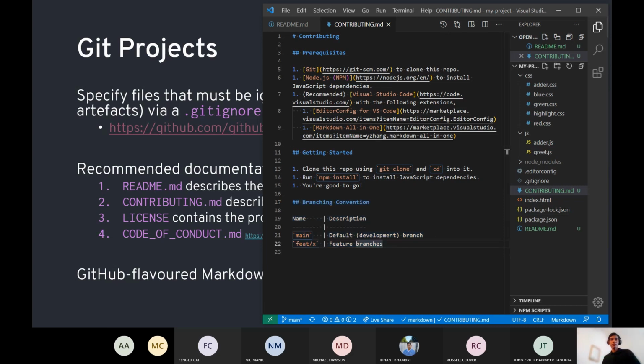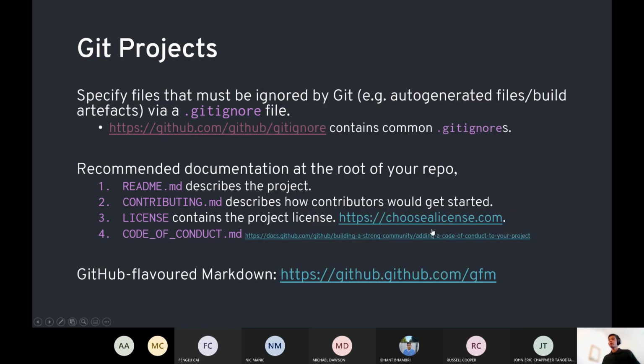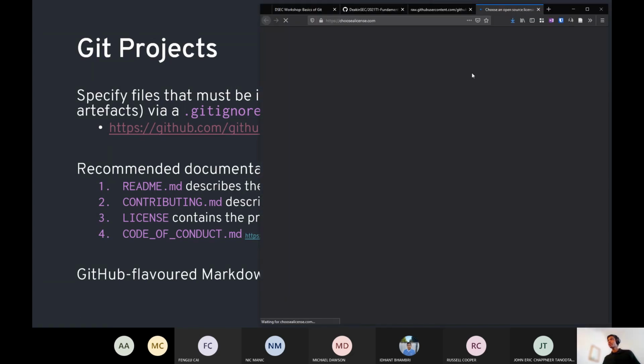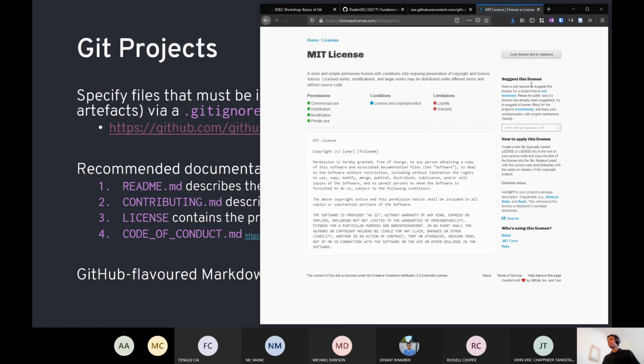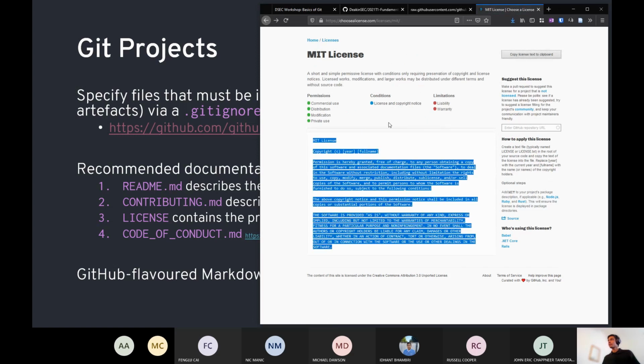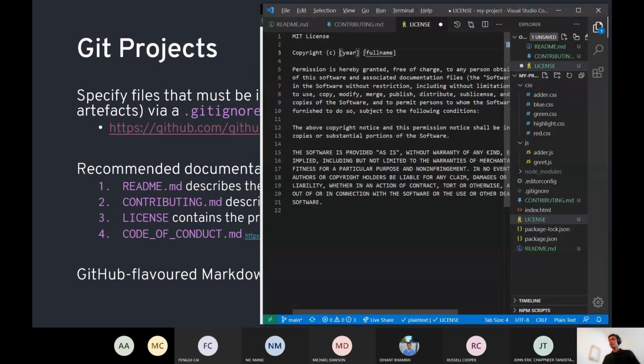Finally, if it's applicable to your project, you'd want to use a license as well. So that'll be the file called LICENSE at the root of your repo. If your project's open source, there's a pretty cool website called choosealicense.com that lets you copy a bunch of common open source licenses. In this case, I'll go for the MIT license, paste it in here, and substitute the year and maybe the name of the owner as well. And yeah, so this is the license file.